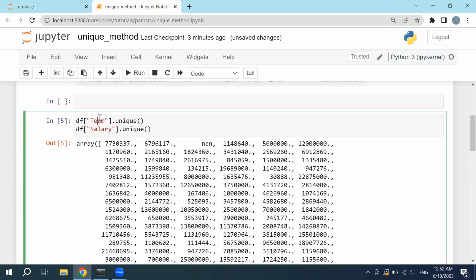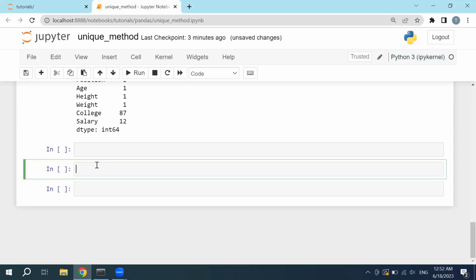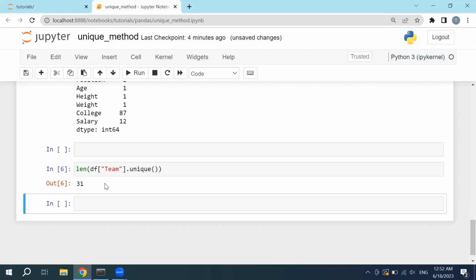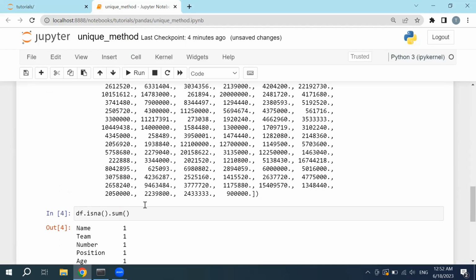Let's again pick up this team column and try to find the number of those unique values inside of that column. In order to do that, I will type in len and then the data frame column team, and then unique